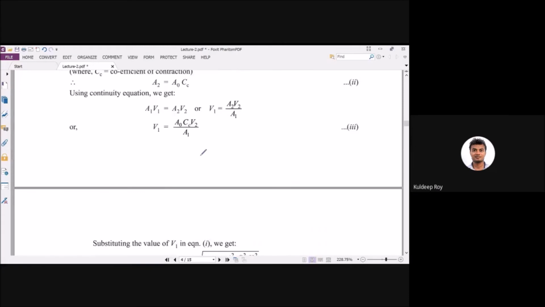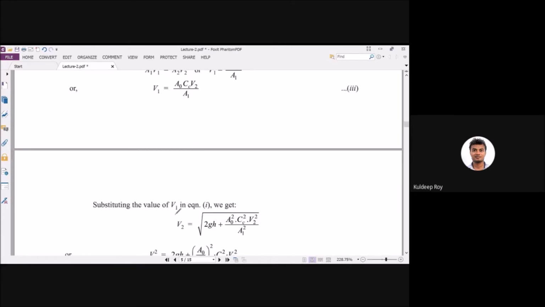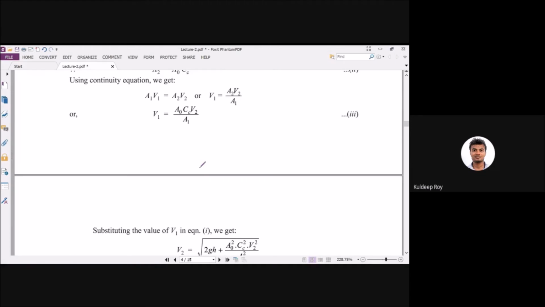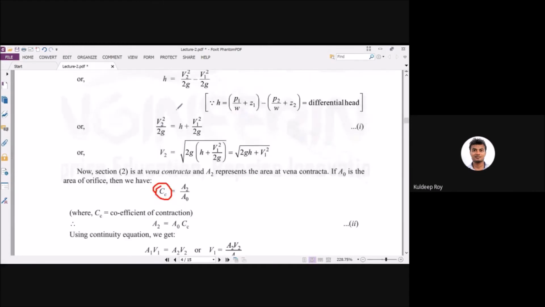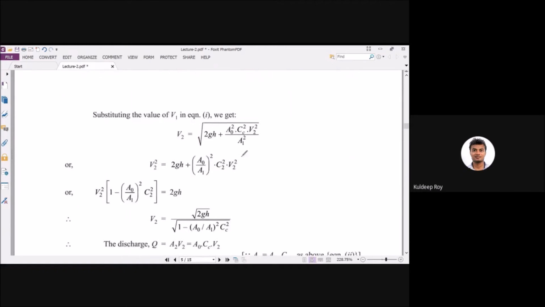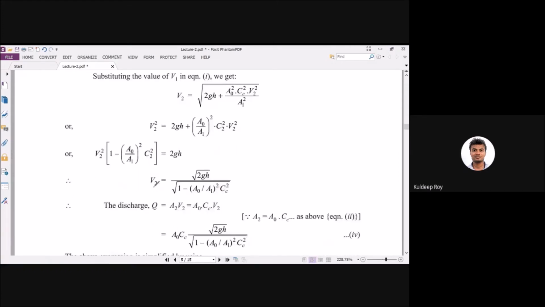Now again, by substituting, you have determined the velocity V2 in this expression. Then you have to do some rearrangement: the root will go here, V square equals rho g h, and you rearrange to determine the velocity V2. This is only a rearrangement. If you solve it with your hand, you will see. If you find any problem, just let me know. If you are finding a problem in the derivation, I can solve it.